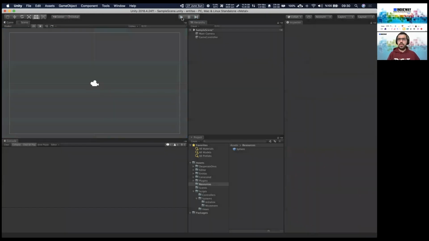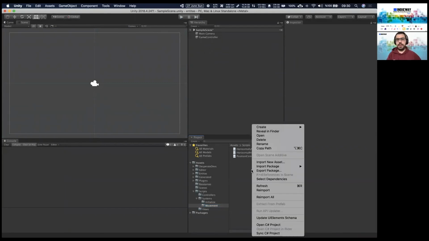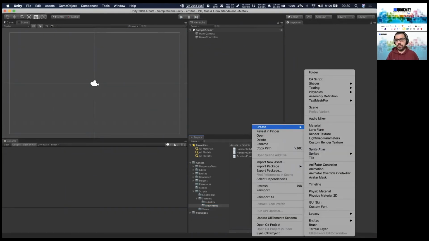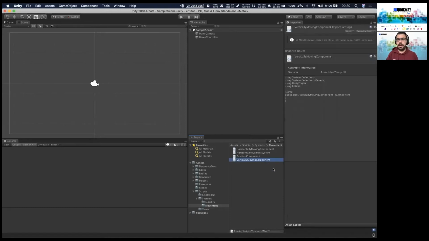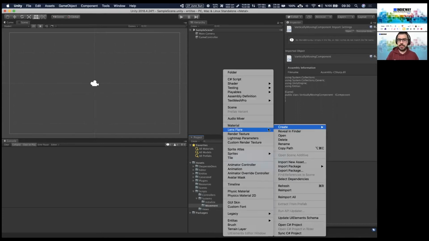So if you're developing this with Entitas, you don't change the code. You don't do any change of this code. Instead, you write a new code. For instance, I go and say, let me just have a vertically movement, vertically moving. It is going to move up and down, and I write my own system.